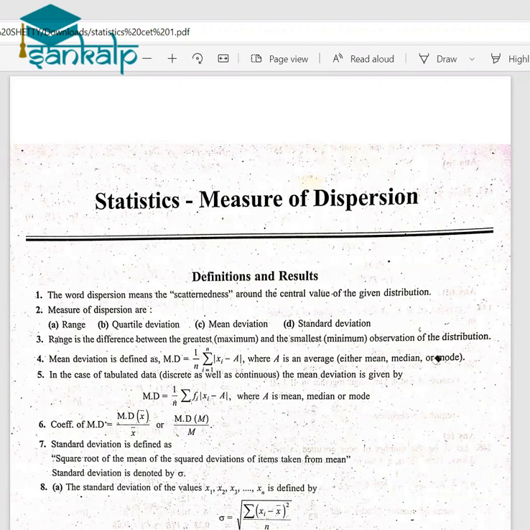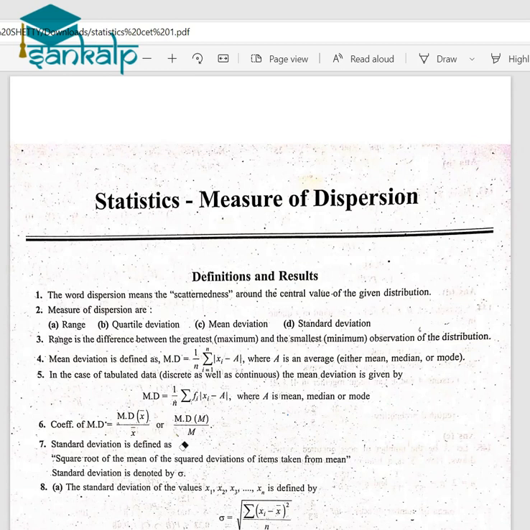Okay, in case of ungrouped data, mode is the highest repeated score. And in case of grouped data, we know the formula. We can make use of the formula 3 median minus 2 mean, or the formula which you have studied in school days, L plus f1 minus f0 divided by 2f1 minus f0 minus f2 into h. This formula we can use for mode.